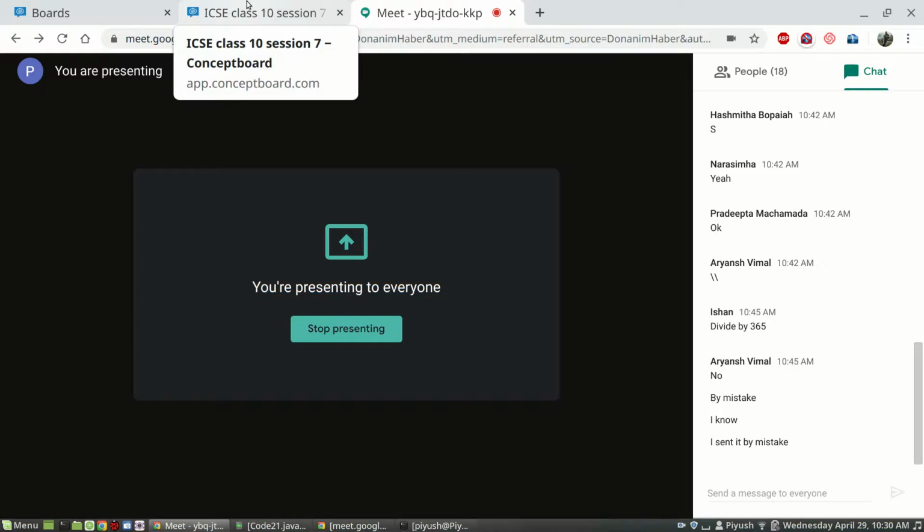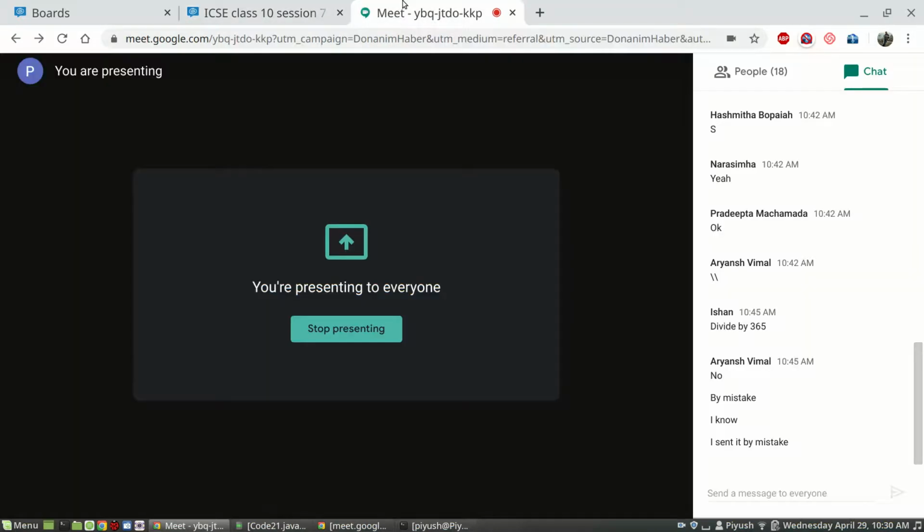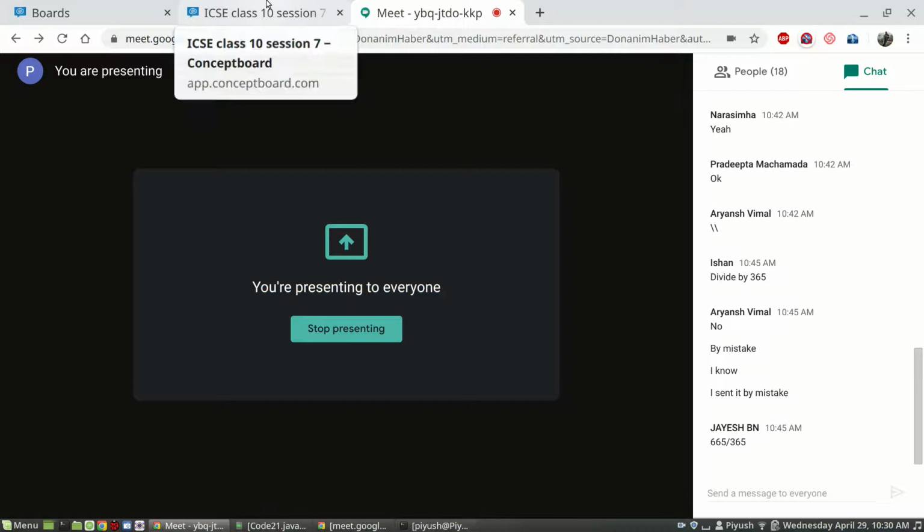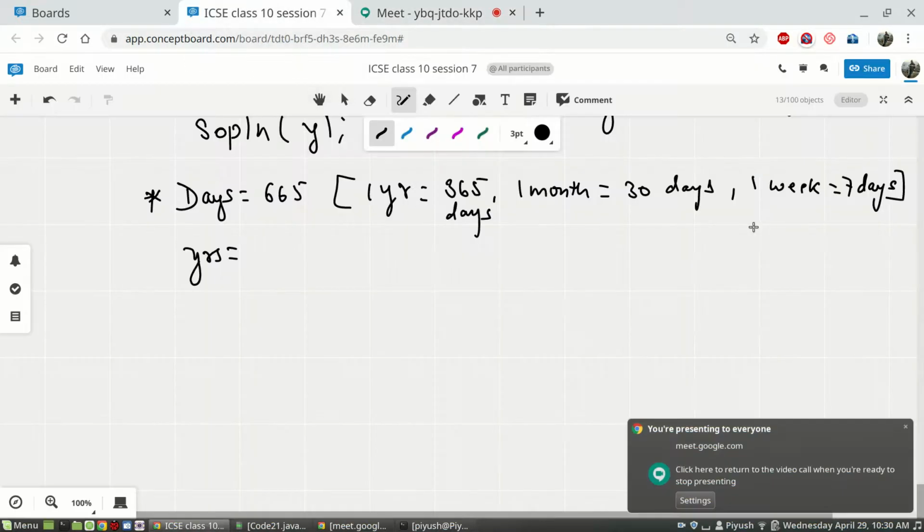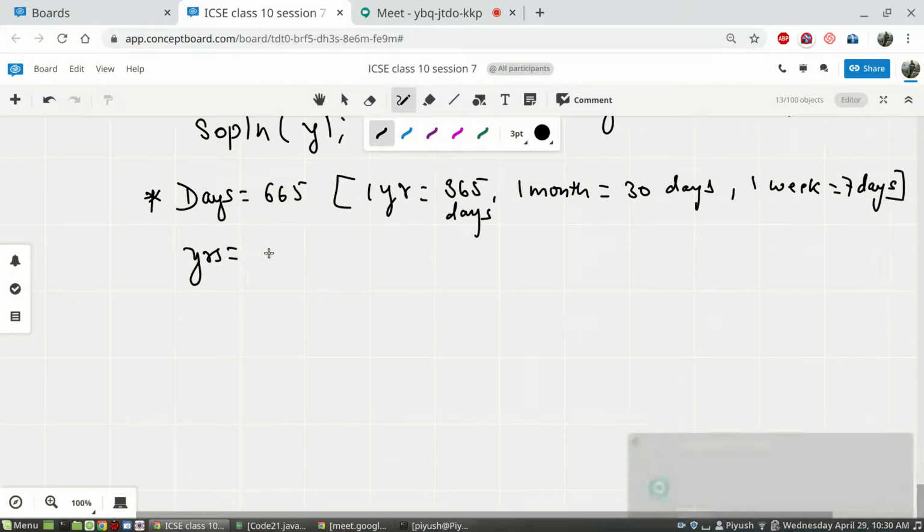So correct. Like Ishan said, divide by 365. Jayesh, yes, exactly. So if you divide 665 by 365, the number of years, we will only take the integer part.